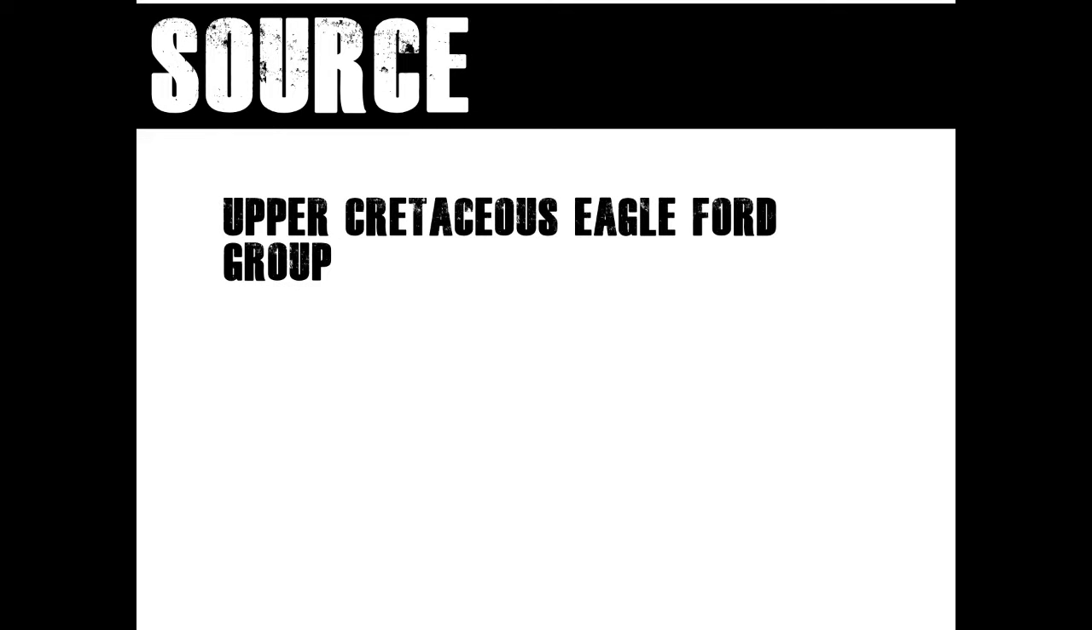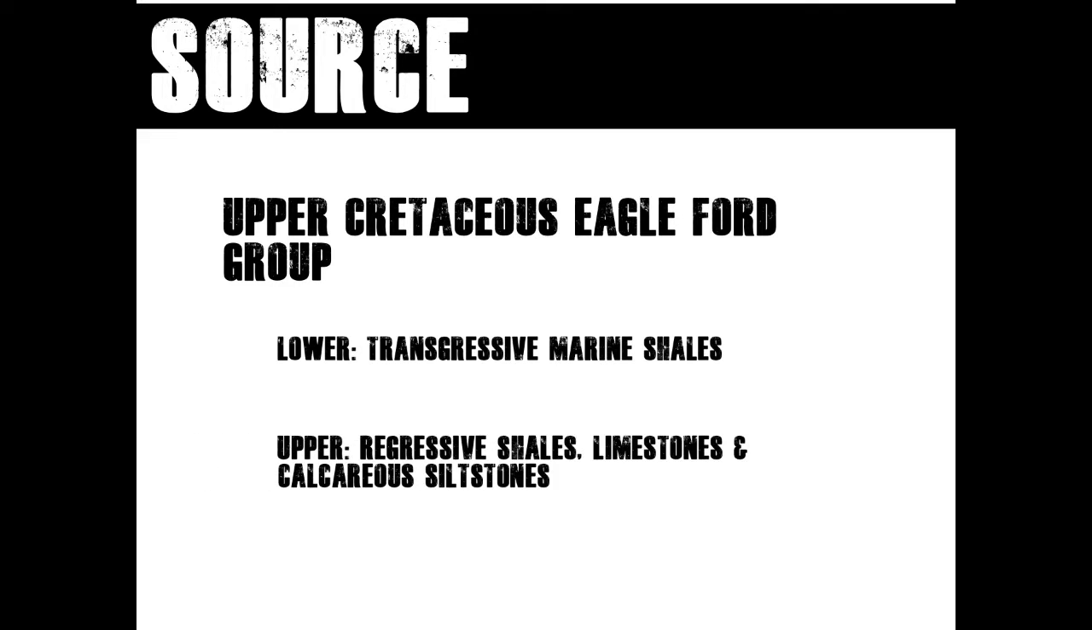The Upper Cretaceous Eagle Ford group is the source of hydrocarbons in the East Texas field. It comprises 2 stratigraphic units, a lower overall transgressive package of marine, laminated shales with minor bioturbation and limited fauna, overlain by an upper regressive unit made up of shale, limestone, and calcareous quartzo siltstones that exhibit a more